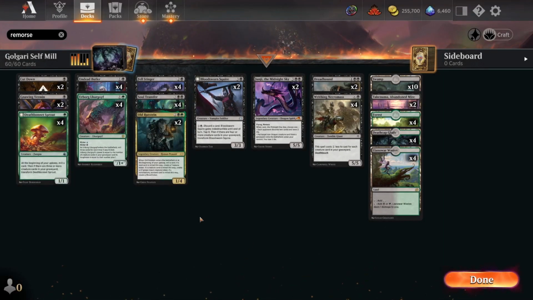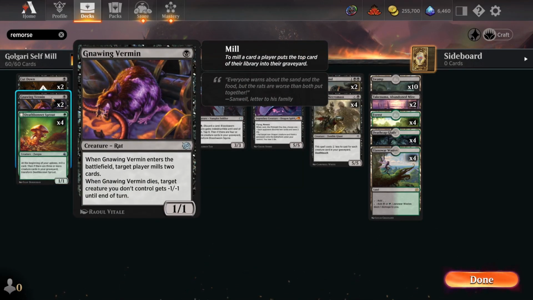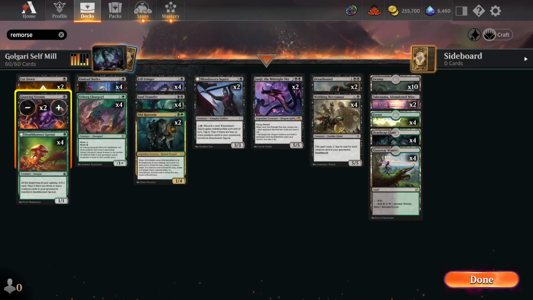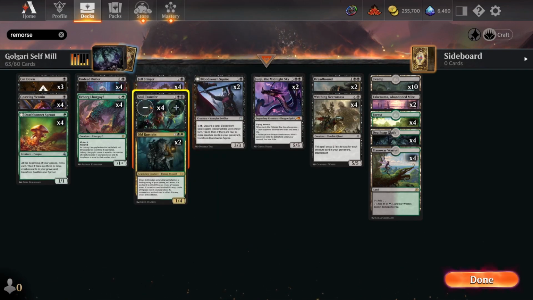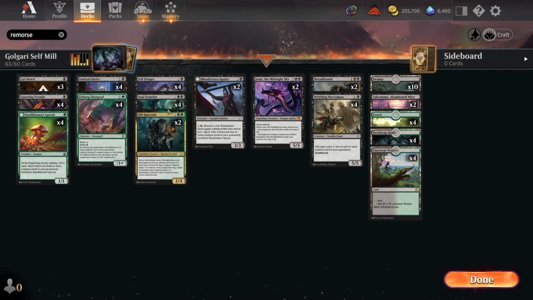Okay, we're back, and we're in the deck building screen this time, because I want to make a few changes to this deck. I think there are a lot of choices for the graveyard archetype for this format, and I want to make a few tweaks. So the first thing is I really like the Gnawing Vermin. I think I'm going to go up to 4 of these bad boys, and Cut Down is a really good removal spell as well. I think we're going to go up to 3 of those, and I think we're going to totally cut Soul Transfer